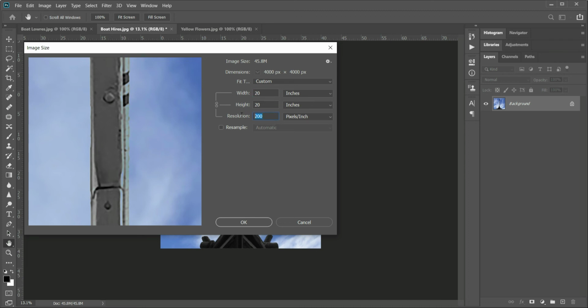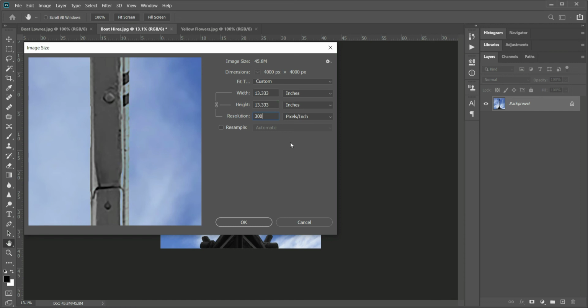When the size of the image becomes half, the resolution increases by double. Likewise, if you want to print this image in a sheet of 80 inches by 80 inches, guess what? The resolution becomes half, to 50 dpi. Supposing your printer says that he can print only at 300 dpi and you are not worried about the print size, you input 300 in the resolution value and you will be able to print it at a size of 13.33 inches by 13.33 inches.